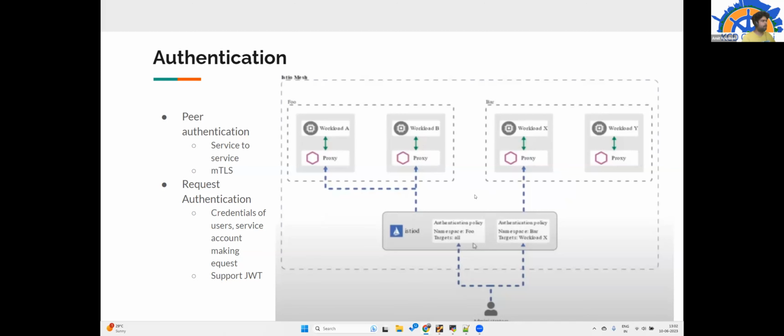Now, this was only for peer-to-peer. For request authentication, each and every request should be accompanied by a JWT, a JSON Web Token, which is what Istio currently supports. A JSON Web Token has three sections, and the last section is encrypted with the certificates.